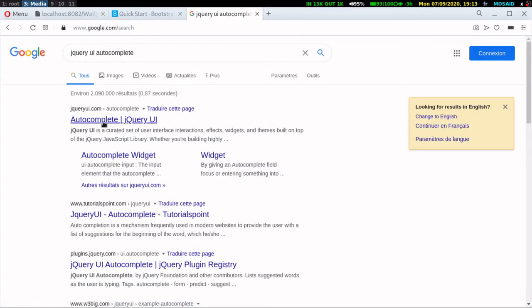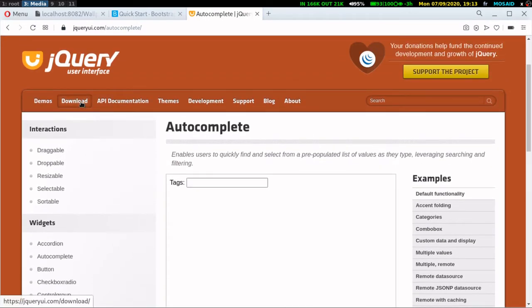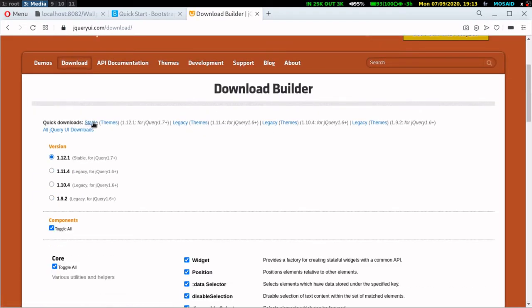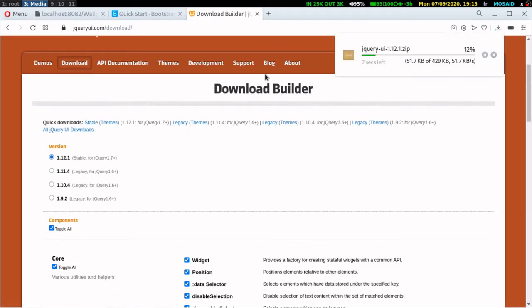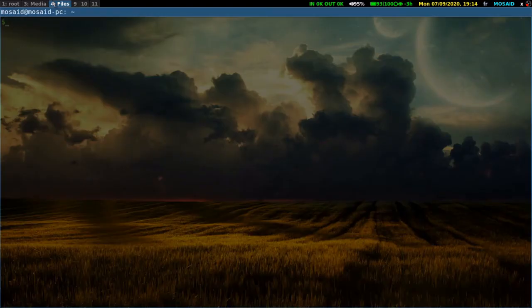You can see here. Let's go to the download page and we will download the latest stable version. Okay, now that I downloaded it,